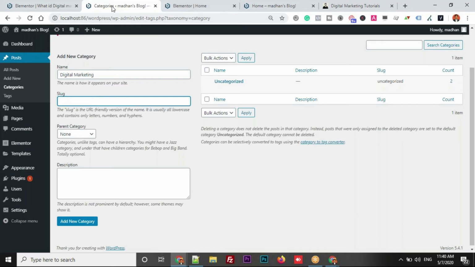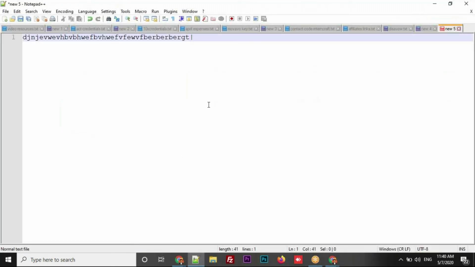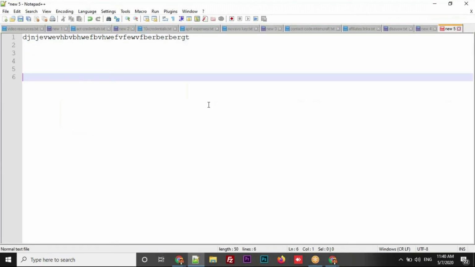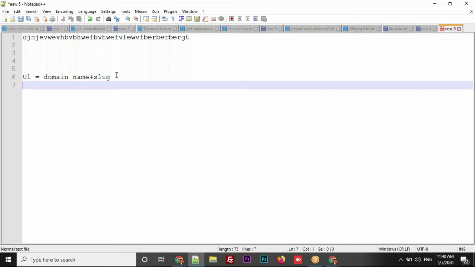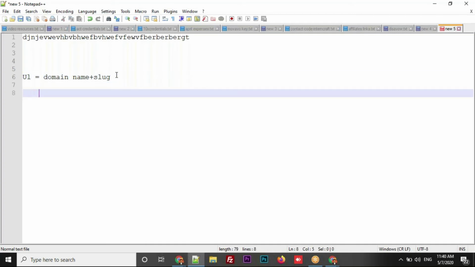See, this slug is nothing but, let me open Notepad. When you are talking about the URL of a website, a URL is a combination of domain name plus slug. You know what is meant by domain name? I'll write an example below so that you can easily understand. Domain name, in my case, madantutorials.com.